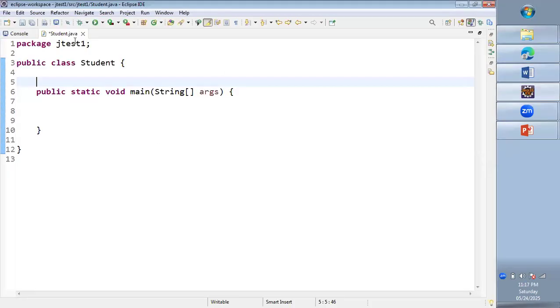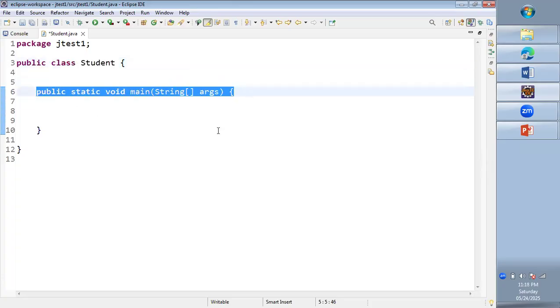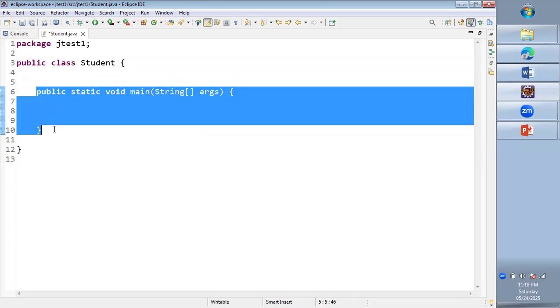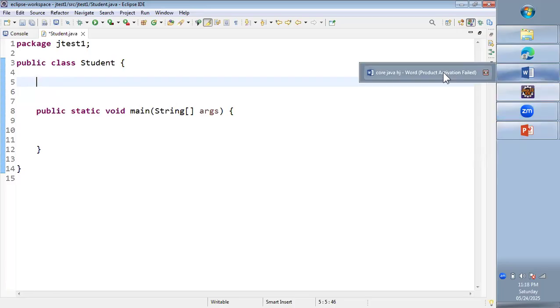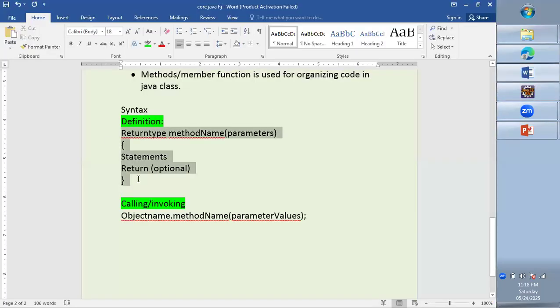So here in Eclipse IDE, I already have a Java class Student.java, inside which I have a public static void main method. Other than this default method, I am writing a method which we will call a user defined method, and we will be following the syntax which we have written here. That is this: return type, method name, parameters, and opening the method with a curly bracket, closing it with a curly bracket,